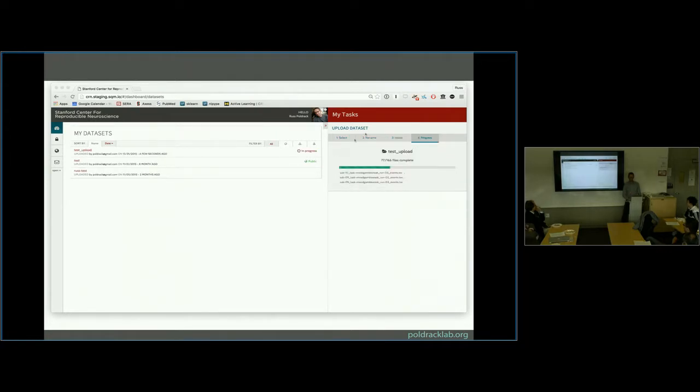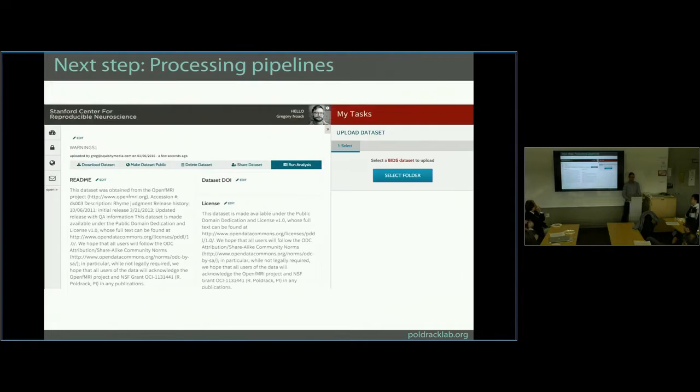Then you can see the data set is uploading here, and once it's uploaded, now you can go work with it. This is the newest part of the platform, which lets you, once the data are uploaded, run an analysis on it. And if you're from the public and you show up and you see a public data set, you can run an analysis on that. If I'm logged in as myself here, actually this is our developer, this could be a private data set that nobody else can see, and I can still run analyses on it and then decide to make it public later.